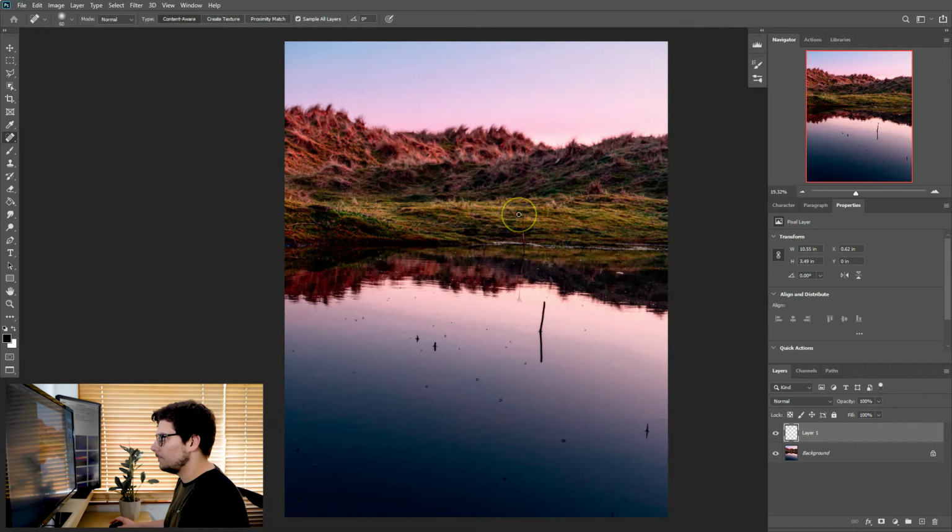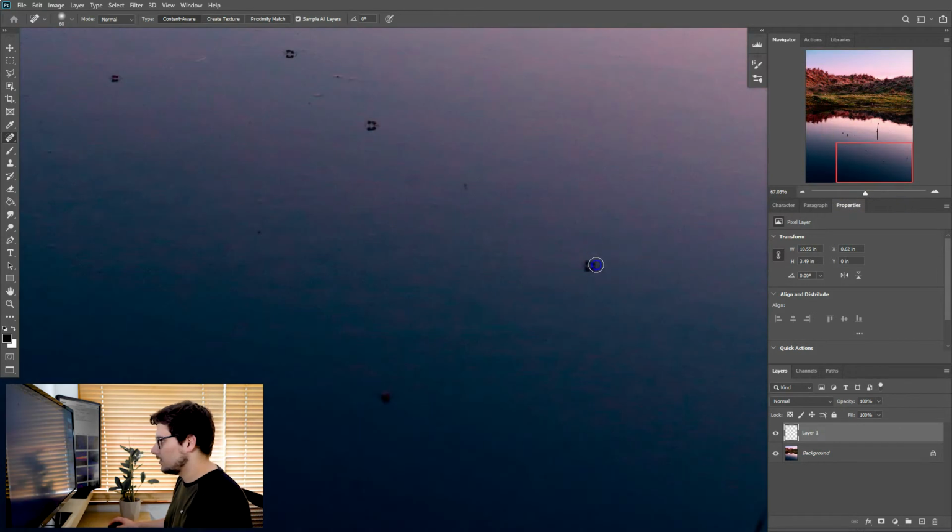The next one you can see is in the water. There's loads of these little midges, loads of things that we might not want, some that we might want, such as this little reed and these two reeds here I quite like. So again, it's going through the same technique, starting in one corner and just brushing over them